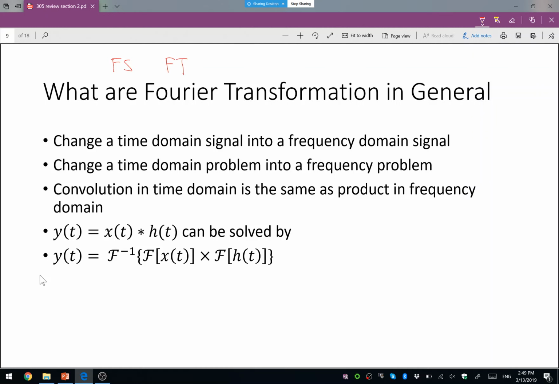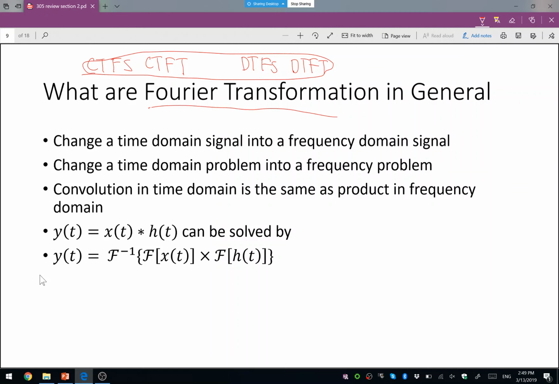These can be continuous time Fourier series, continuous time Fourier transformation, discrete time Fourier series and discrete time Fourier transformation. So I'm going to call the whole thing Fourier transformation in general, to see why we need all this